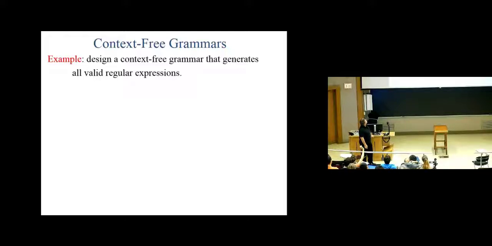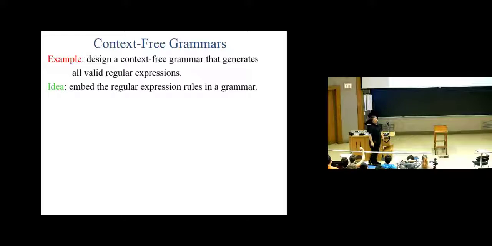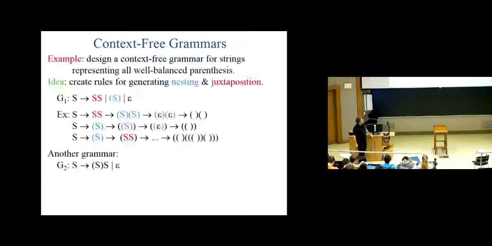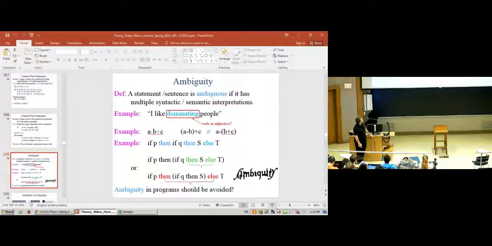Okay, so design a context-free grammar that generates regular expressions. Remember, regular expressions are strings. They denote regular languages, but they're not languages themselves. They're strings. Question? For showing that 2 grammars produce the same things, can you show that